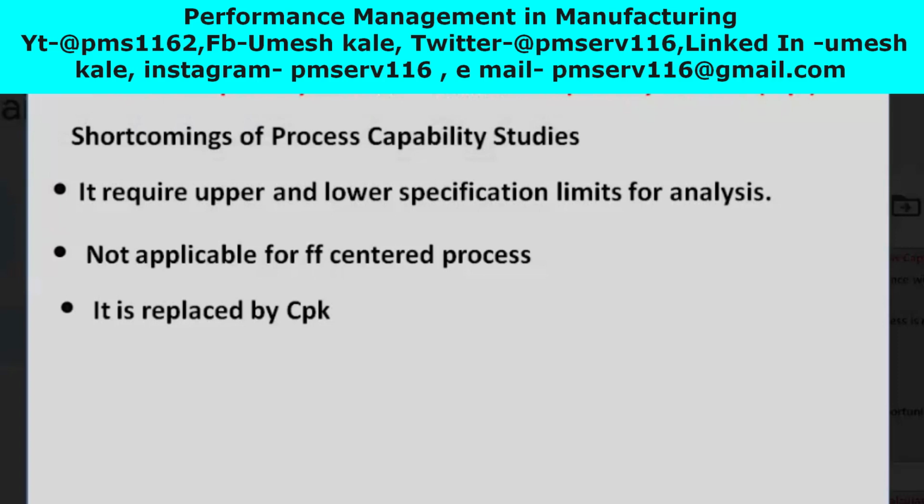Then we will discuss the D2 table, because in the formula of process capability we have discussed this constant. The formula of Cp, if you recollect, is 2T divided by 6 sigma, and the sigma formula is R bar by D2. So this is the D2 table.